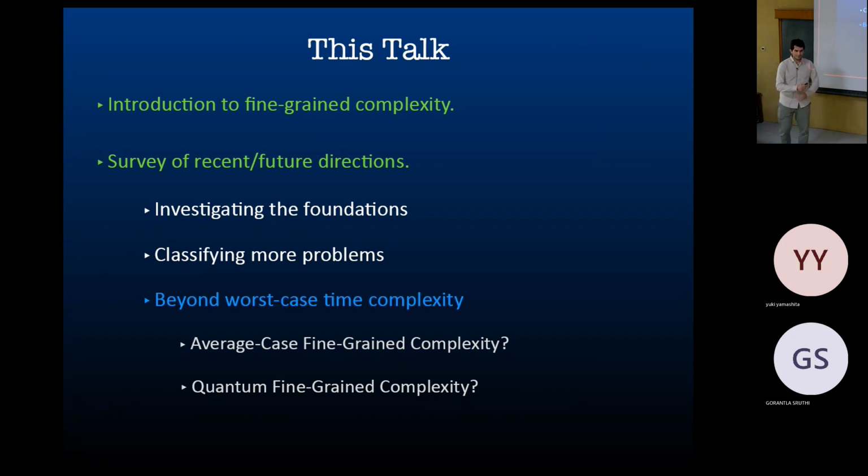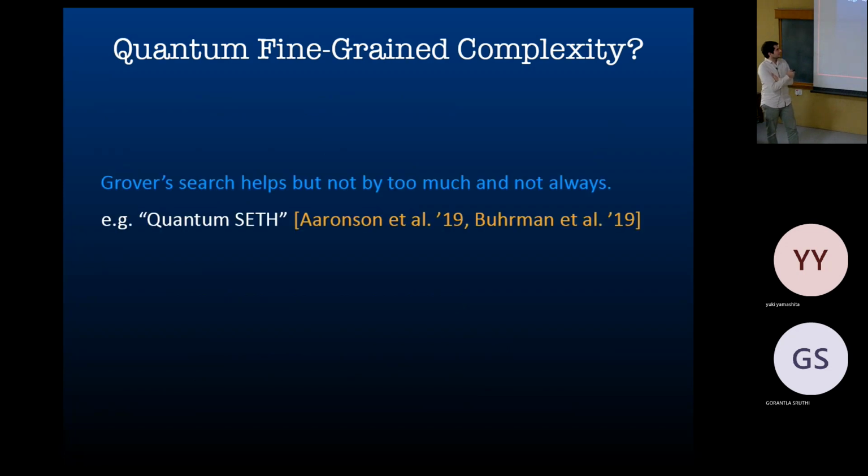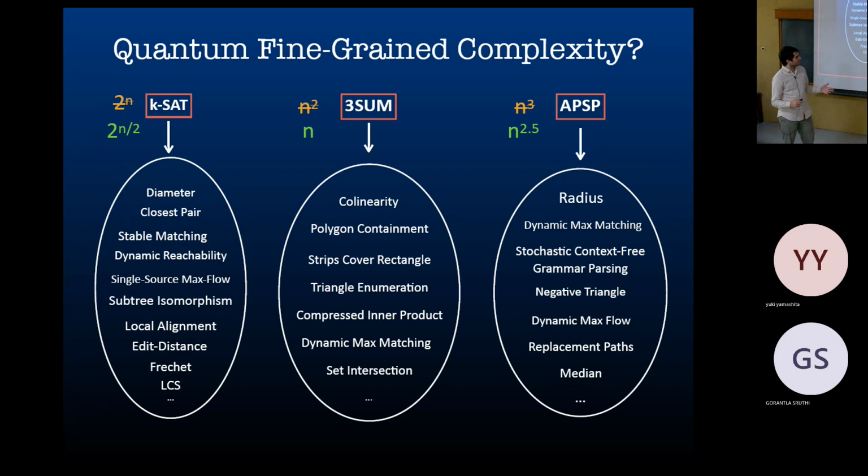This is just one slide about this, and now about quantum. So someone asked earlier about what happens with quantum computers. There are recent works on this. A one-sentence summary is that yes, you can apply Grover search. Grover search is this very powerful hammer that lets you shave a square root factor. And then there's a lot of interesting work trying to understand, does it always work or not always work? For the conjectures, it does work very well. You can just apply Grover search, and you would get a square root improvement. So from 2 to the n, you go to 2 to the n over 2.